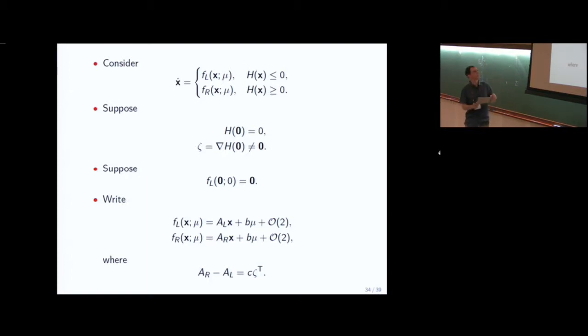Right, so we're going to study boundary equilibrium bifurcations. Just with the same kind of setup that we had yesterday, but we're going to assume that the bifurcation occurs at the origin when mu equals 0. So the switching manifold passes through the origin. The normal vector, call it zeta, has to be non-zero. And we've got an equilibrium at the origin when mu equals 0, just as we had yesterday. So that enables us to write